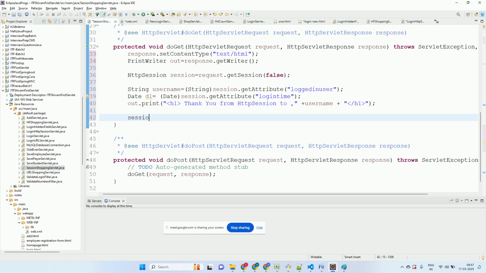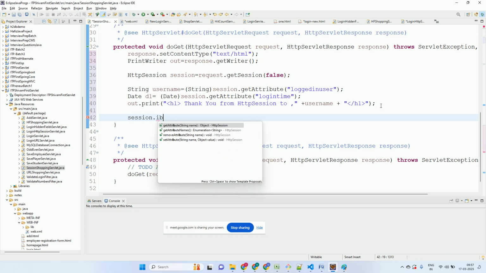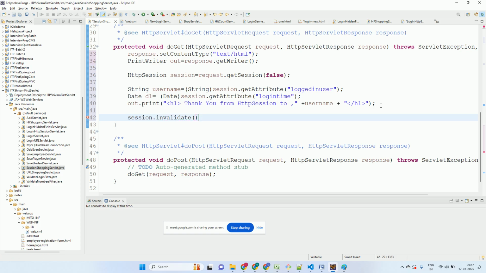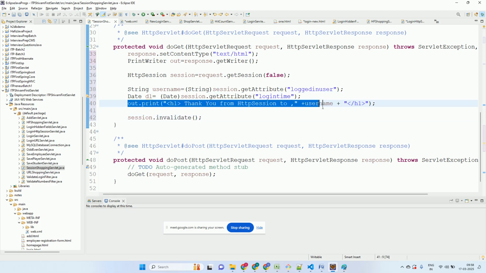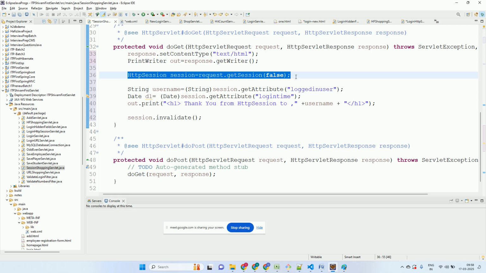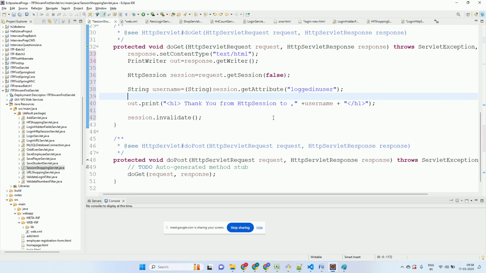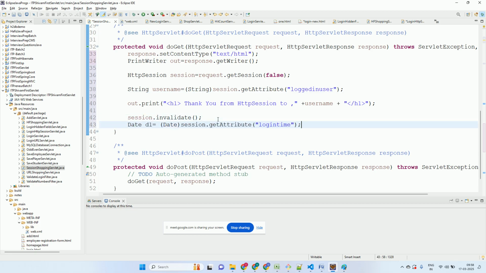And then once this is done, I can do what then, session.invalidate, सेशन क्या हो गया, खत्म हो गया। इसके बाद अगर कोई जाके यही लाइन लिखेगा तो अलाउ करेगा, ये लाइन, ओके। उसके invalidate के बाद में अगर मैं बोलूँ कि लॉगिन टाइम फेच करना है, will it allow me, it will not allow, because सेशन में कोई लॉगिन टाइम की अभी है ही नहीं, सेशन खत्म हो चुका है, करेक्ट।